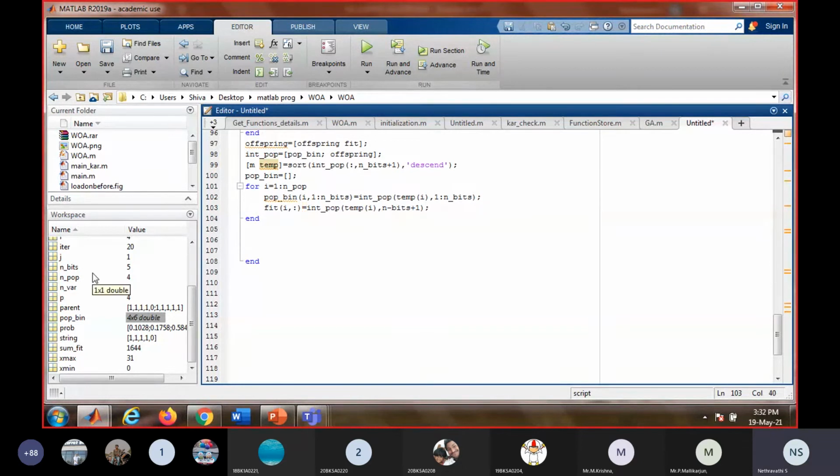So now we have put all the values into one place, and then we'll display all of them.